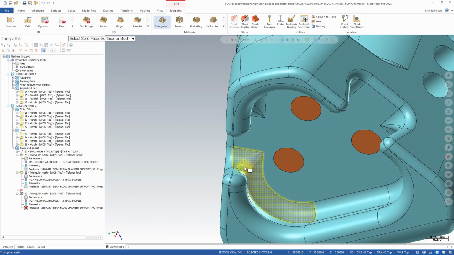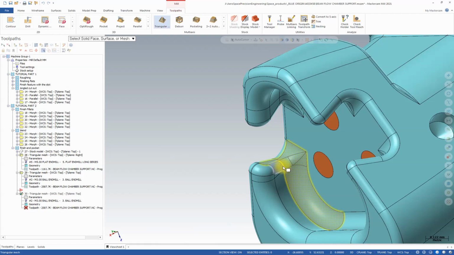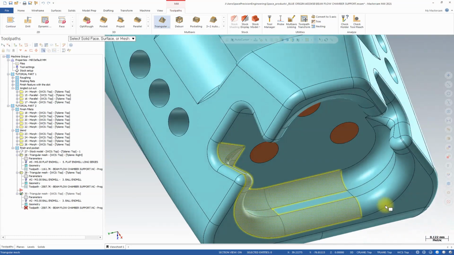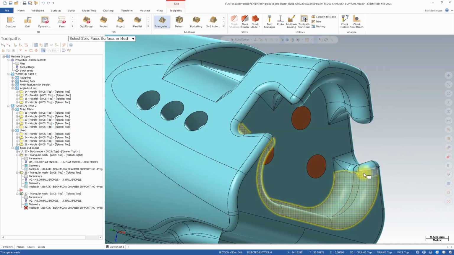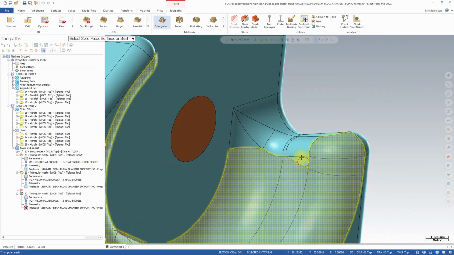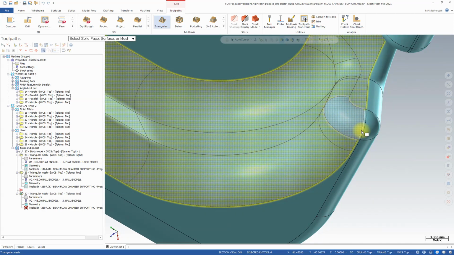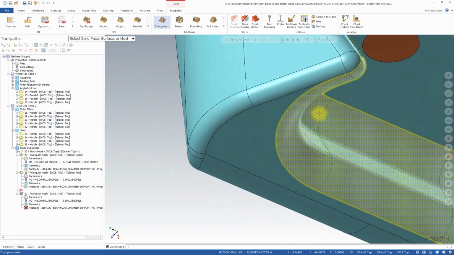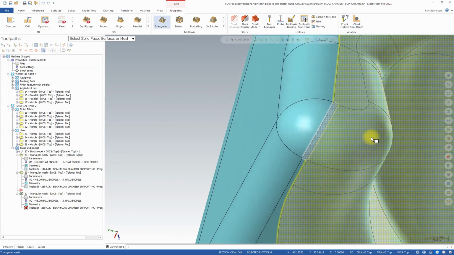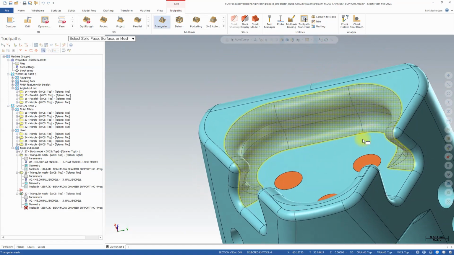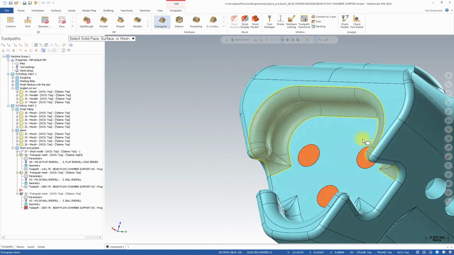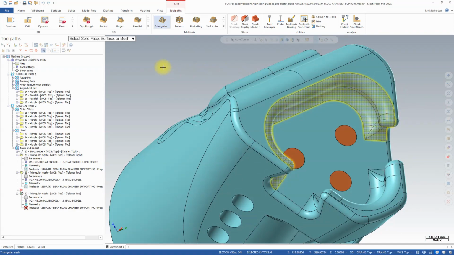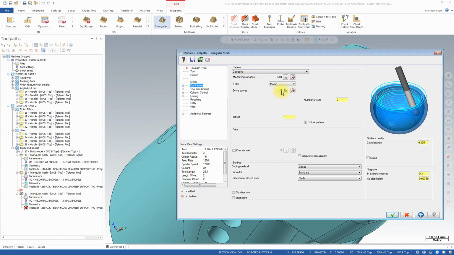And I want to cut now everything on this side, and the small face here and on the other side as well. Okay. Everything selected. Press enter